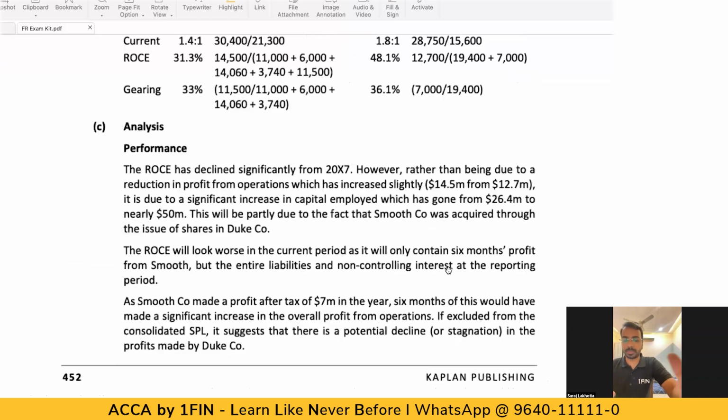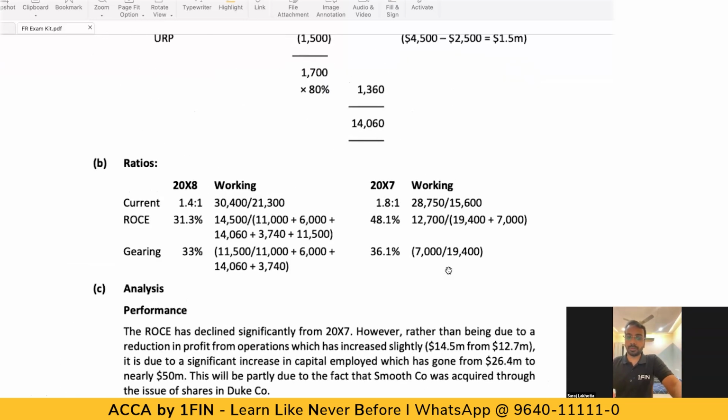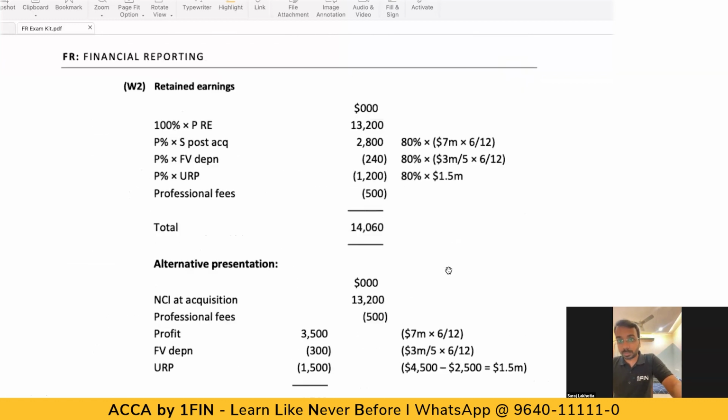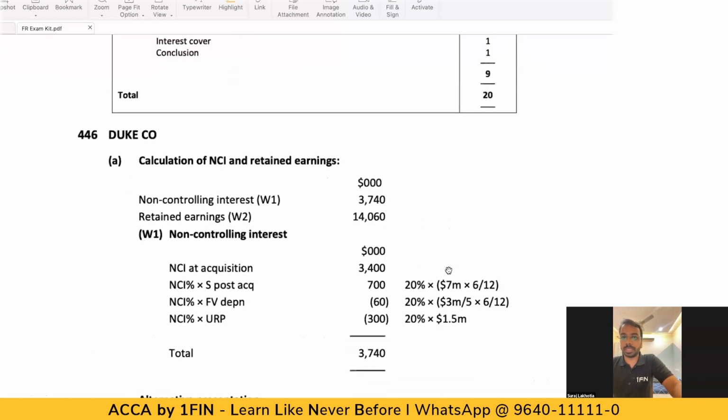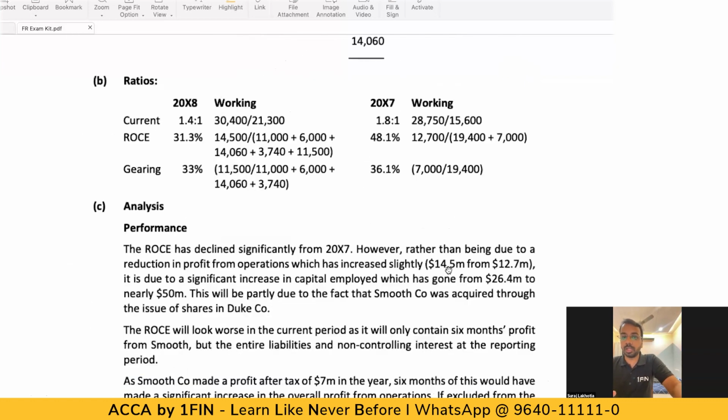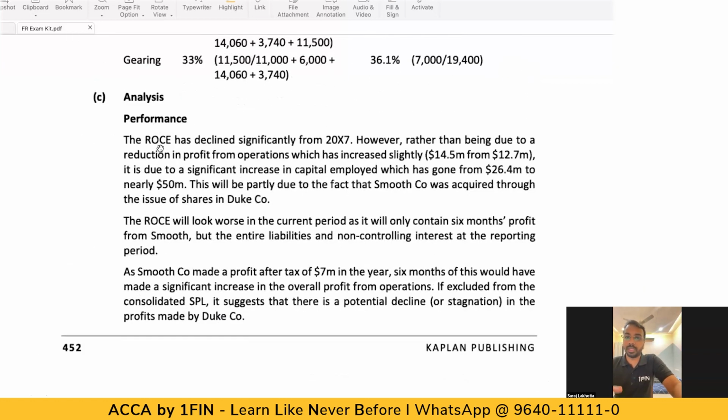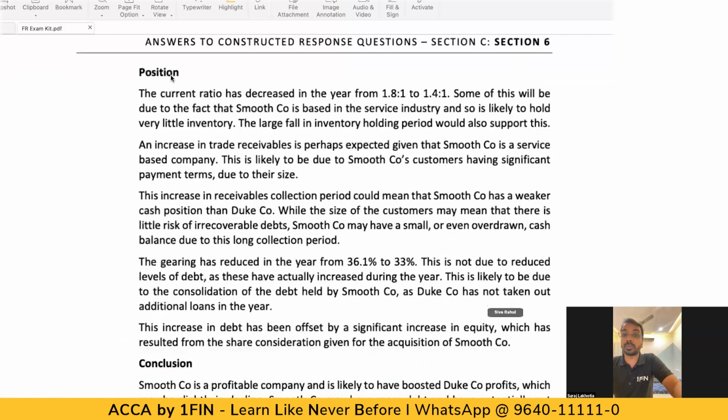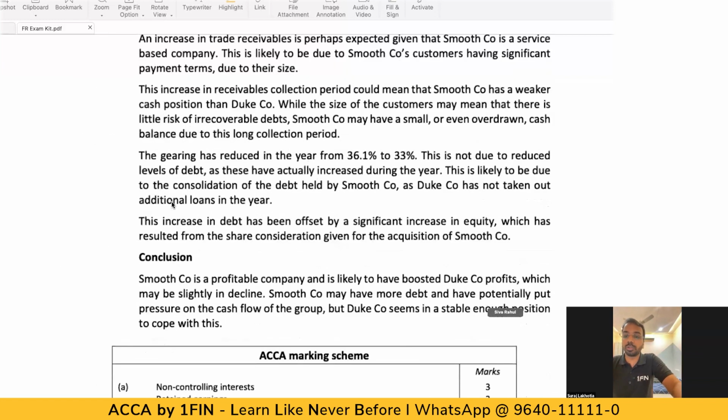So here you see this specific question, and this is for all of you who are pursuing. See, whether you take up ACCA or not, it is your independent call. What happens is, especially in longer form examinations, here you have to give a commentary. You have to analyze and you have to explain what has actually happened. It is not about, okay, ROCE is 33% and it is done. No, that is not the case. What is the performance? What is the position? What is the conclusion? So that is also tested, and this helps students to progress faster in their career.